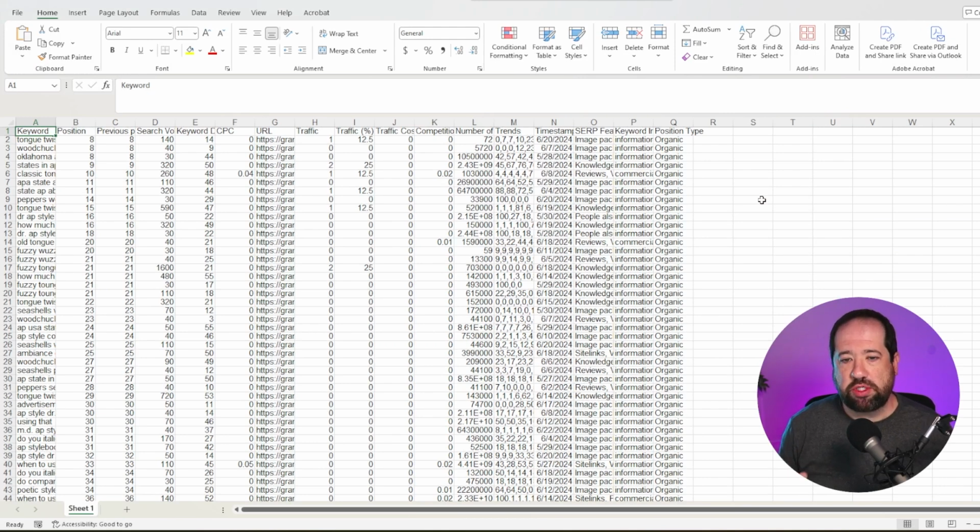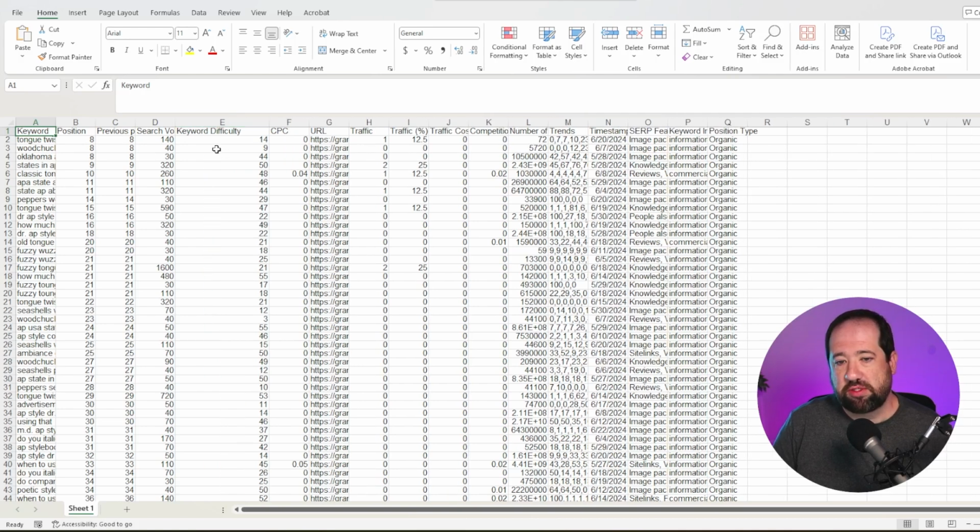But basically what we're trying to do is take a look at the positions that the content is ranking in, and we're also going to be looking at the keyword difficulty. So these are the two most important metrics that we're going to be looking at today. So the idea here is to make some buckets. We want to see what sort of keywords are ranking within the top 3, the top 10, the top 20, top 50, top 100. And you would use a sheet like this to help you find the averages.